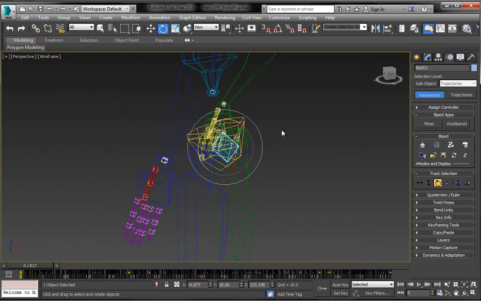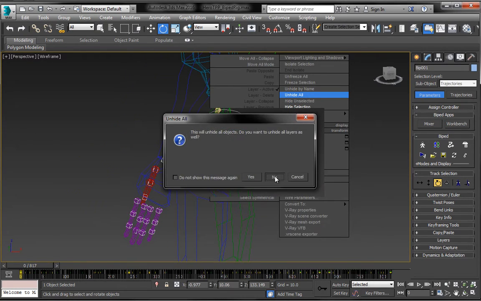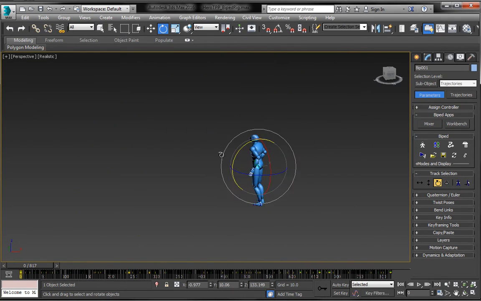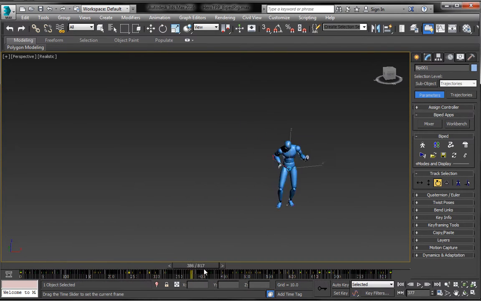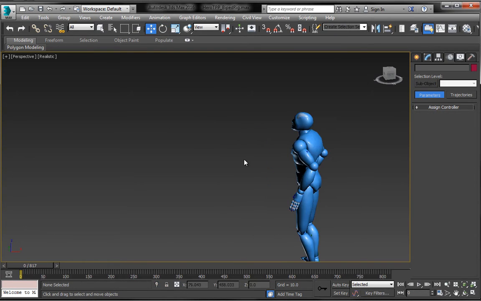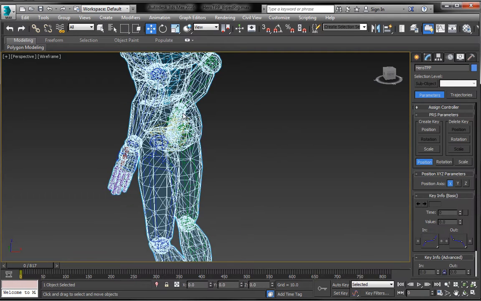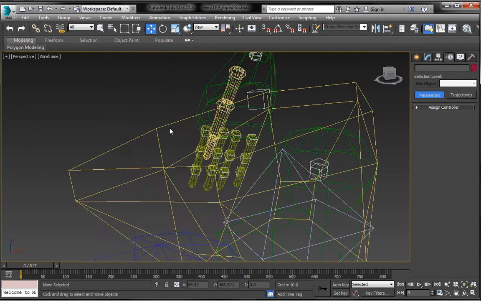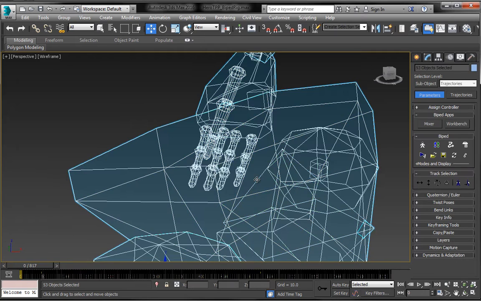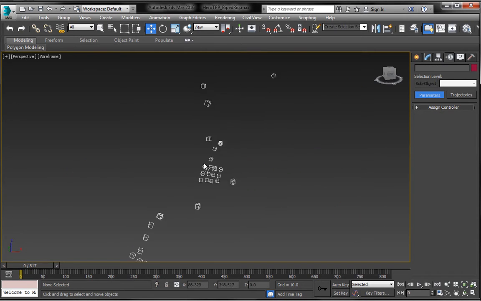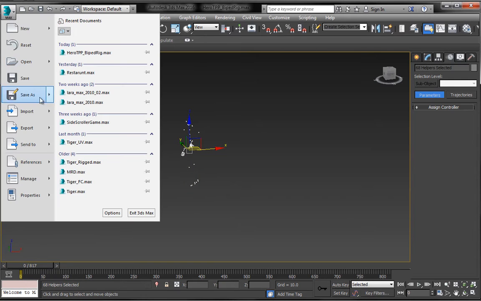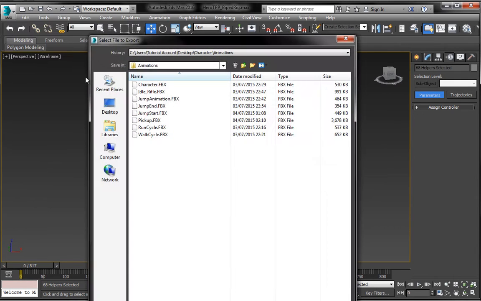and we'd import this. And if I go ahead and unhide all, you can see this character will basically do a little dance here. So say we want to export this animation, we're not going to be using this inside Unreal, but say if we did, we'd go ahead and this time hide the character. We go ahead and hide the bone system, and all we want is the original bones, and we go to File, Export, Export Selected,